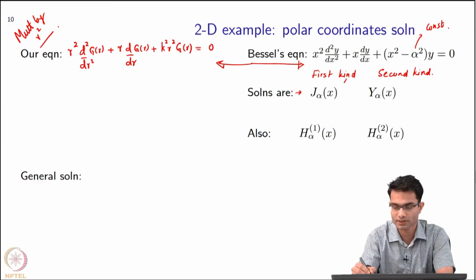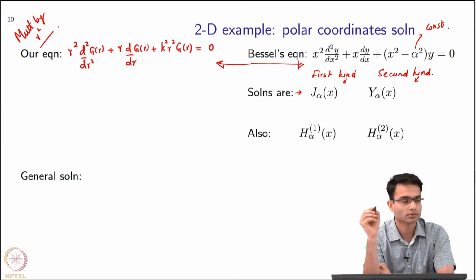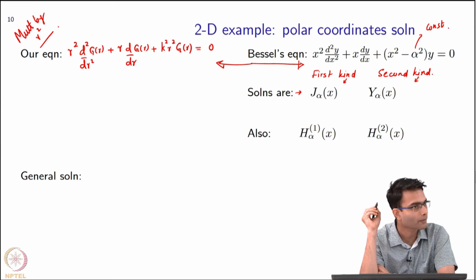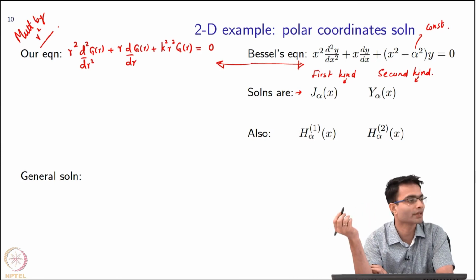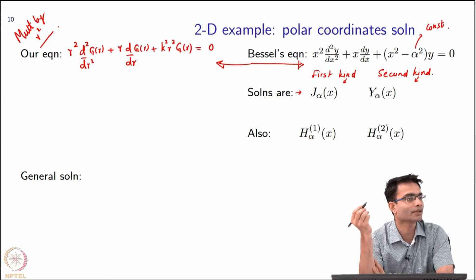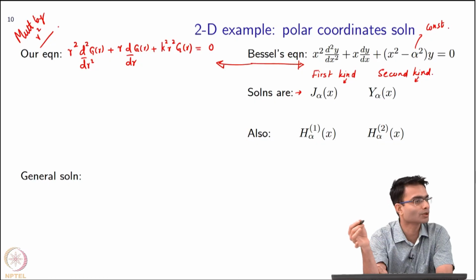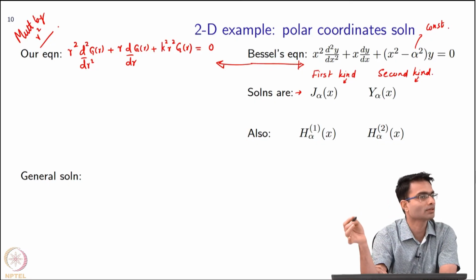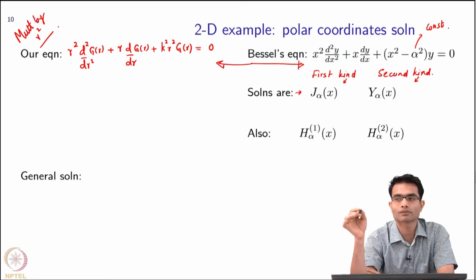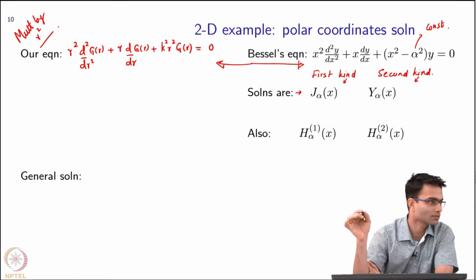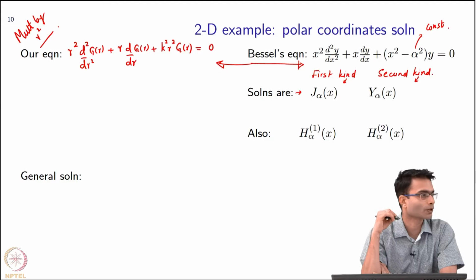So, this is just information, I have not derived anything. We got very lucky that our Green's function relation came very similar to a pre-existing differential equation. All the hard work was done by the gentleman Bessel for us,